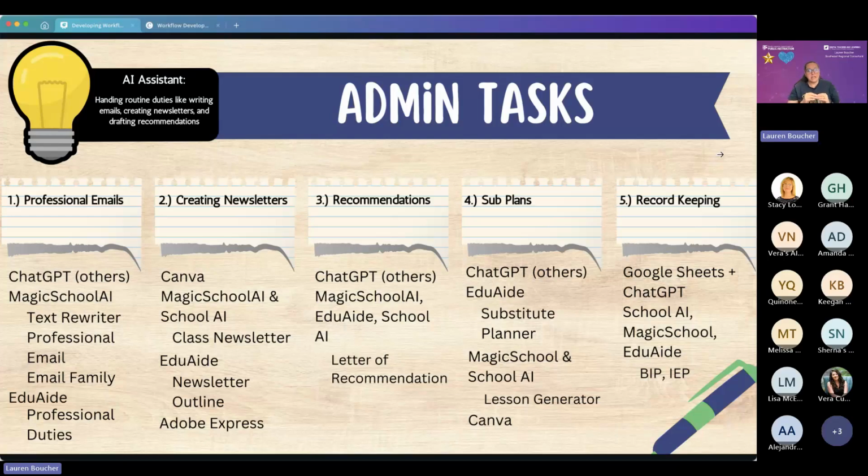Let's see, Adobe Express and Canva are going to be my go-tos for creating newsletters, just because there are so many templates in there that are already completed where you basically just plug and play your content, your words, which you can generate using one of the other tools, like a chatbot or Magic School, again, saving hours of time.